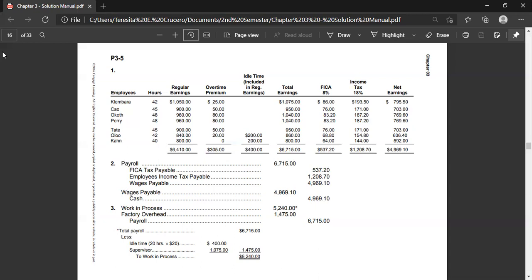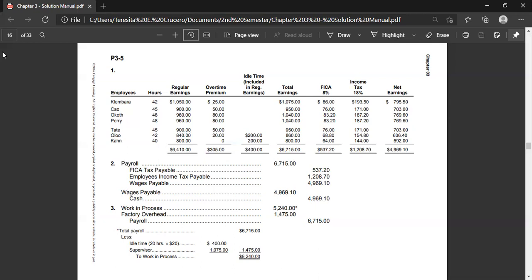So the overtime premium is 12.50, and 12.50 multiplied by 2 gives us 25, for the total earnings of